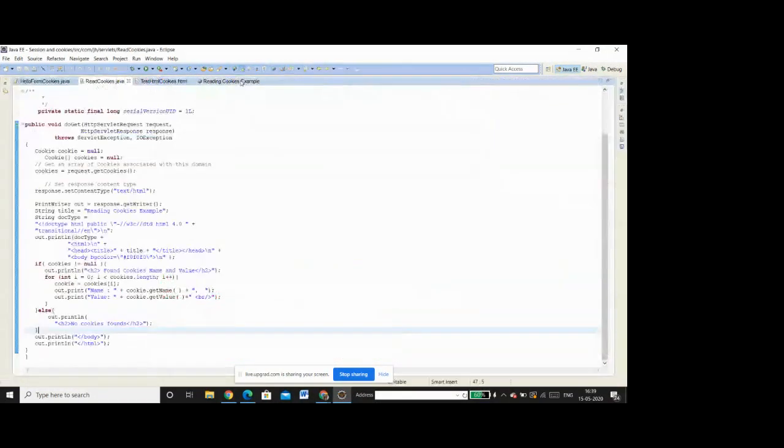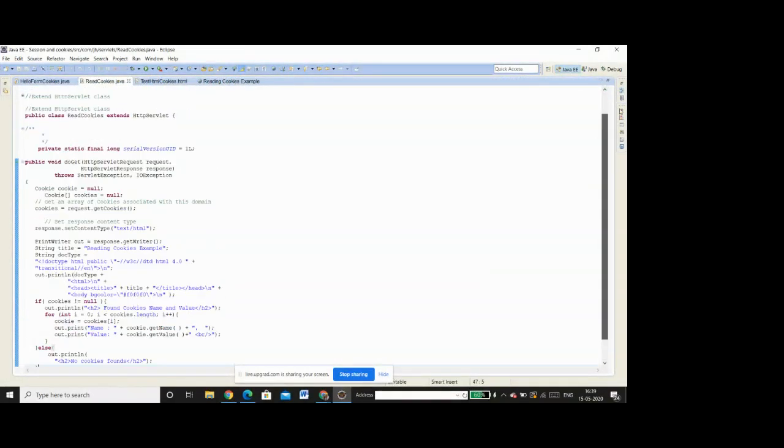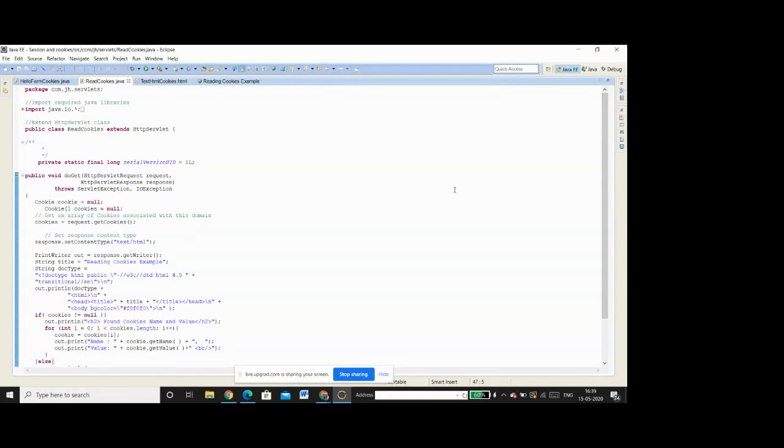Okay, it's here. The control comes to this particular server directly without involving a form in between. However, you can use a form as well if you like. So that's up to you. So this read cookies servlet has got a doGet method, and what it does, it creates an array of cookies,